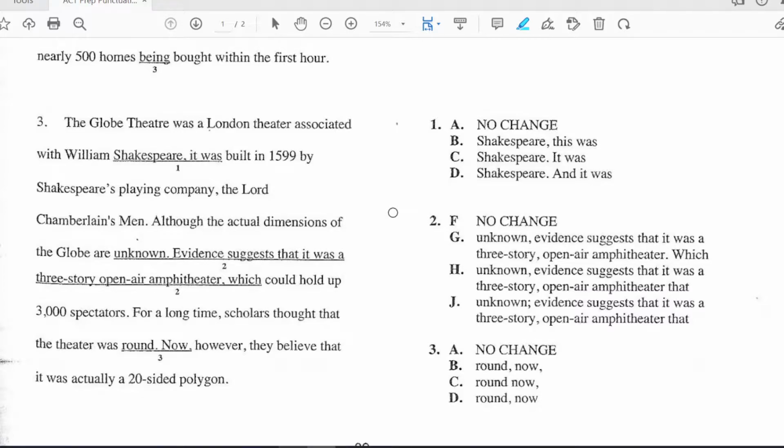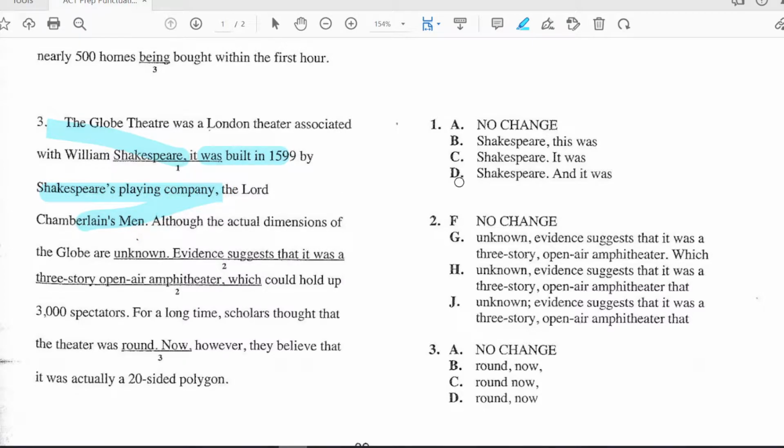It was built in 1599 by Shakespeare's playing company, the Lord Chamberlain's Men. So I know you can't really see it, but that is a comma. I thought at first it was a period, but it is a comma, which makes this a comma splice. So both of these are